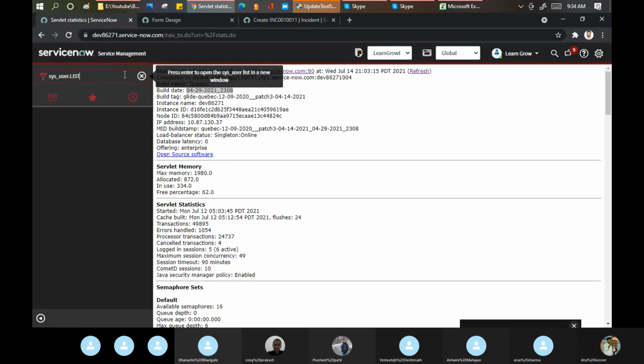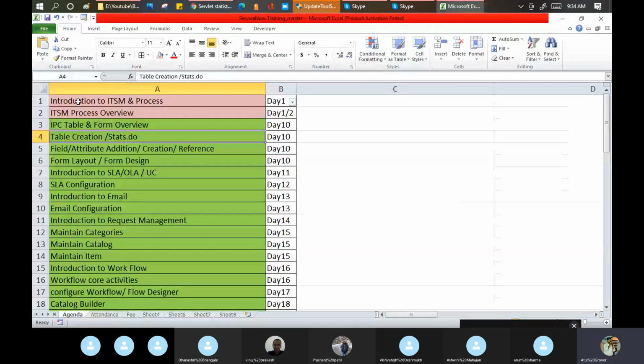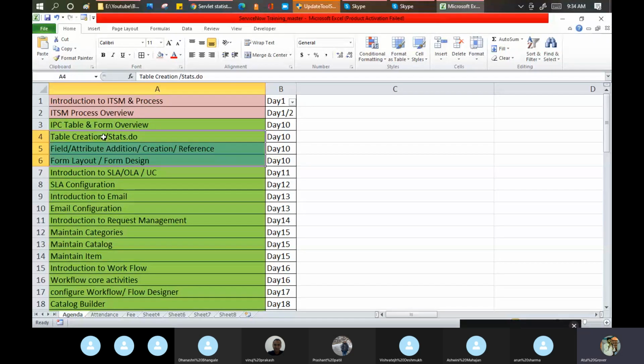You will say, Atul, are you mad? What is this? List means list. Both are the same 4-character, 4-alphabet word. But the purpose and the meaning are totally different here. Do a practical at your end. Arun, hope you noted down this point. We done this part, we done the form layout and design.